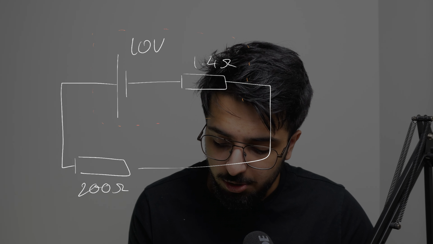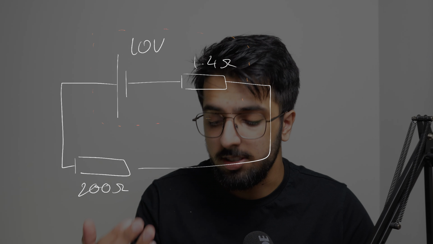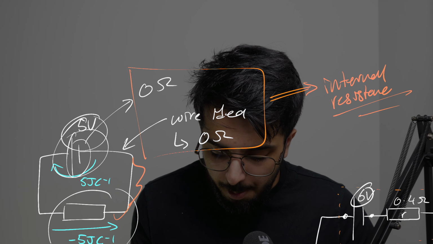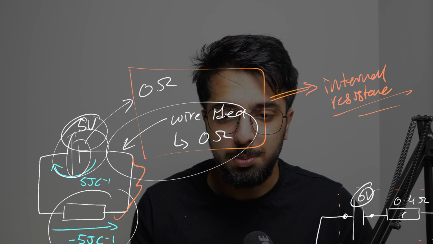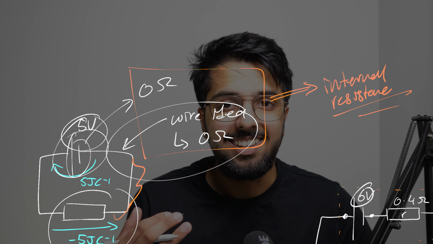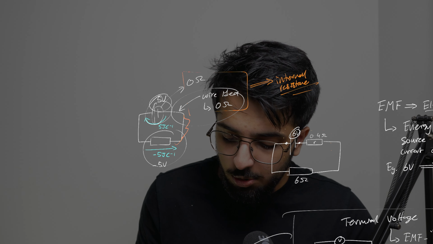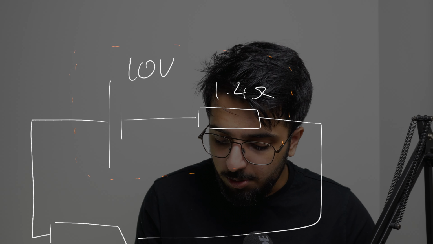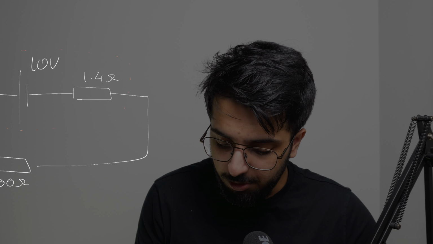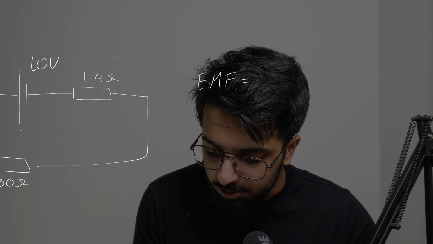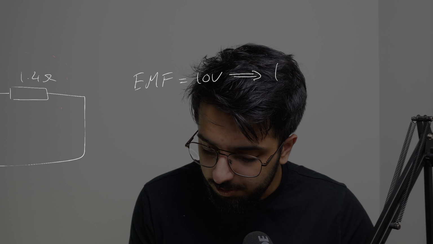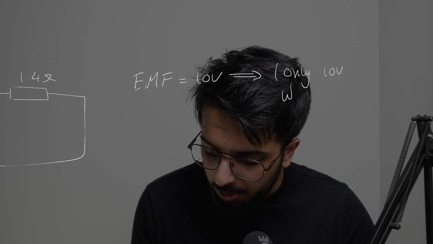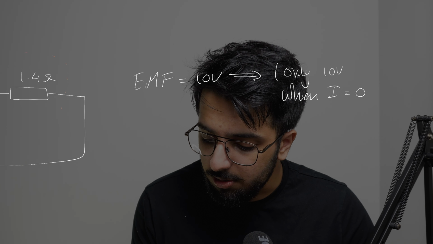So remembering from our last video that our internal resistance can be modeled as a resistor, remembering that our internal resistance is the resistance of the cell plus the resistance of the wires, okay? Because we know that in real life our power supplies and our wires aren't ideal, meaning that they actually have resistance. And so we can model that resistance as our internal resistance, okay? And so therefore, from here, we can say that our EMF is equal to 10 volts, okay? And as discussed in the previous video, this is only 10 volts when our current is equal to 0 amps,